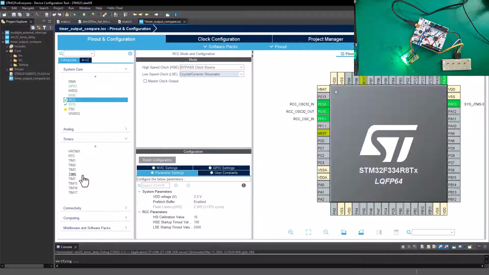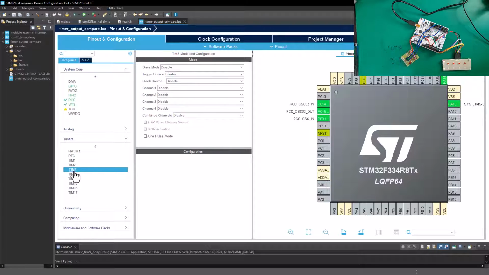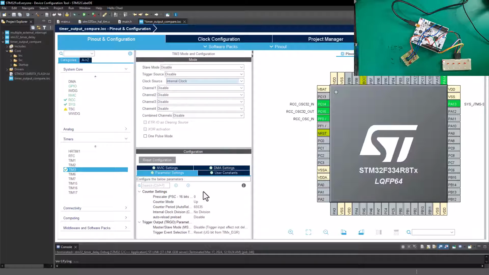Then we're going to select our timer here. Now you can choose any timer you want. We already know the frequencies at which these timers are running, as we saw in the previous tutorial. So I'm going to go ahead and select timer 3. Okay, then we're going to enable the internal clock source for this timer. Okay, now we're going to set up our prescaler to